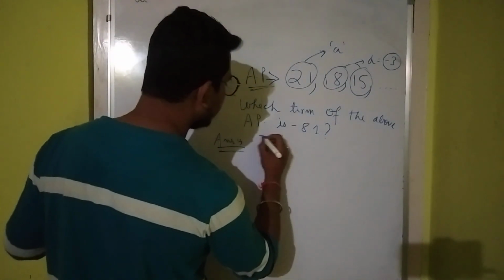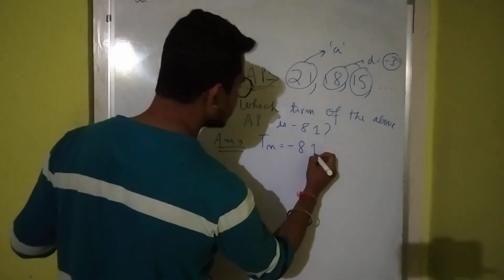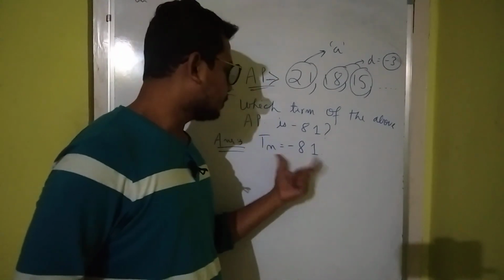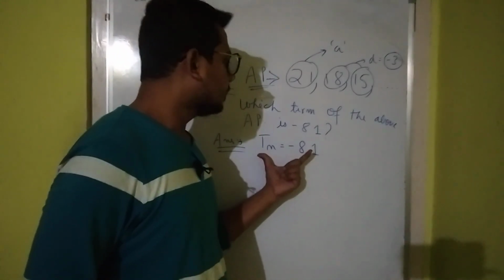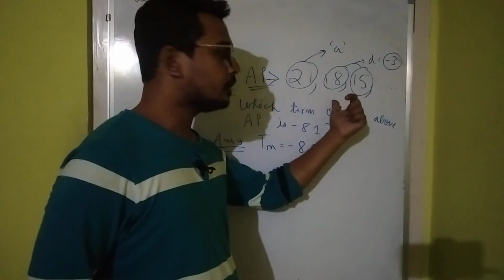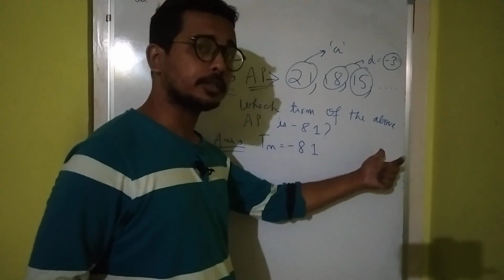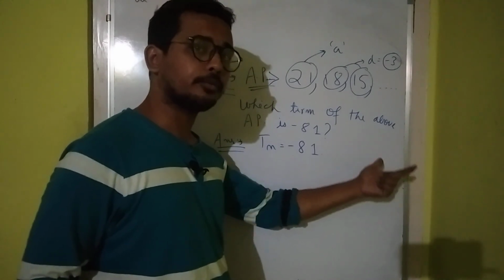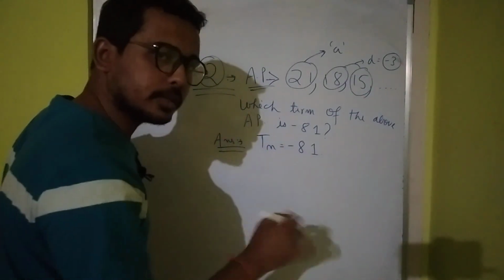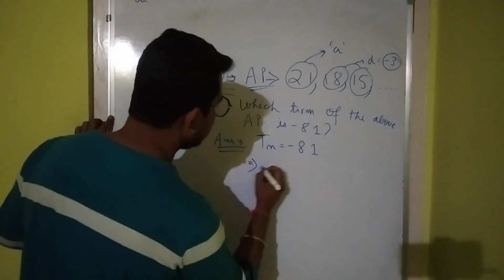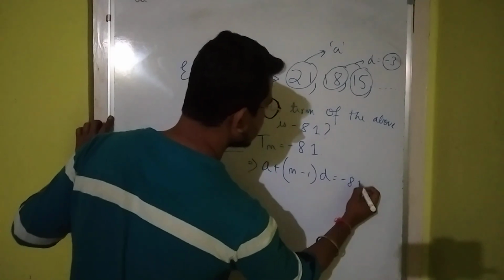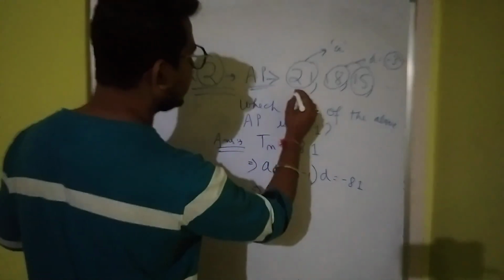सो हम लोग क्या करेंगे, nth टर्म को मान लेते हैं -81। I have said your nth term is the last term, right? But sometimes it becomes useful in finding the n, which is the position of that number in that sequence. कौन सा टर्म है वो, फर्स्ट, सेकेंड, थर्ड, फोर्थ, कौन सा नंबर है। सो इसीलिए n निकालना है तो ये टेक्निक लगा सकते हो। सो nth term will be a plus n minus 1 into d, which is -81। अब a कितना है, 21,